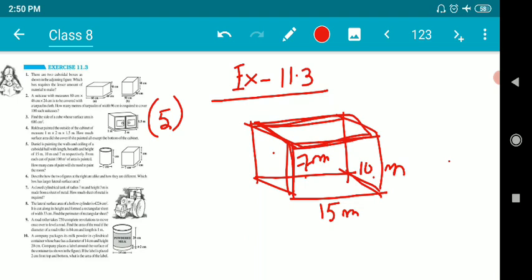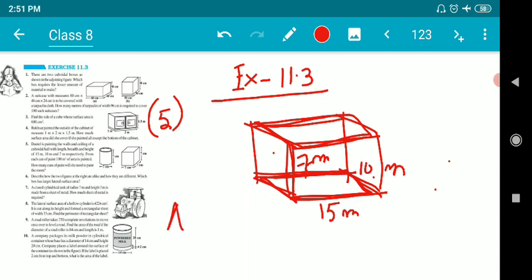So let's find the surface area of all 5 walls. Children, there is no direct formula for finding the area of all 5 walls. So what are we supposed to do? We'll first find the total surface area of all 6 walls, and from there we will subtract the area of the floor, because the floor looks like a rectangle. As we find for a rectangle by multiplying length into breadth, if we subtract length into breadth from the area of all 6 walls, we will get the area of the 5 walls. So let us find the area of all 5 walls first.